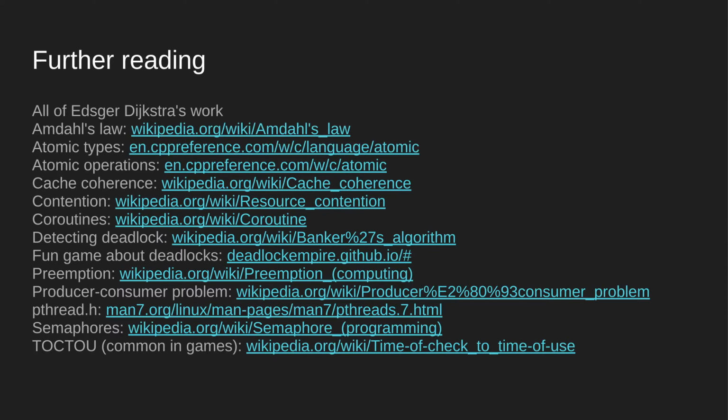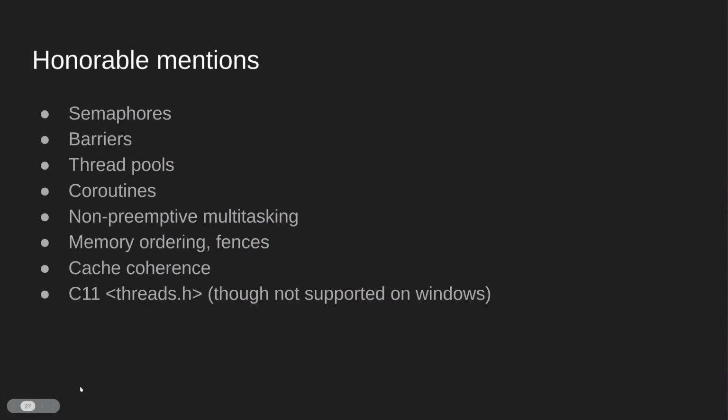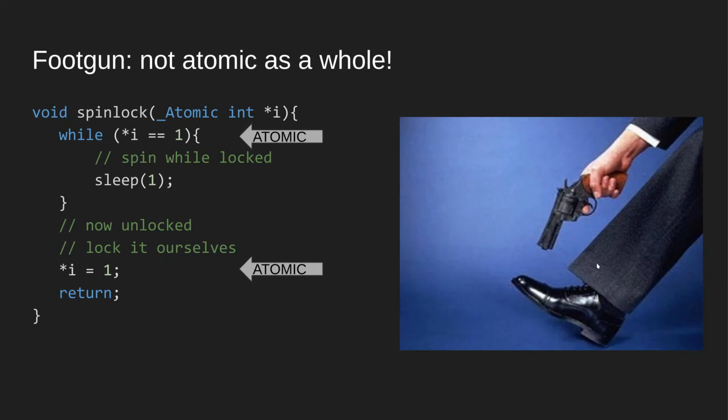Why was somebody shooting his shoe? Alright, so this picture, right? Somebody is shooting his shoe. It's called a foot gun. A foot gun is a programmer meme when something looks like it should work, but it's really easy to abuse it in a way that it behaves completely unexpectedly. That's called a foot gun. And so I thought it would be funny to add a picture of a foot gun.